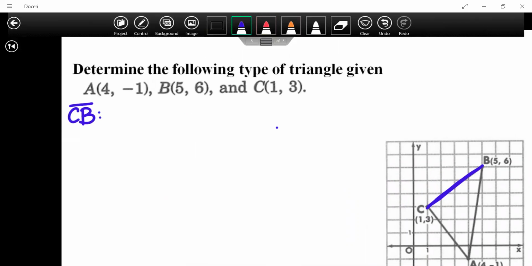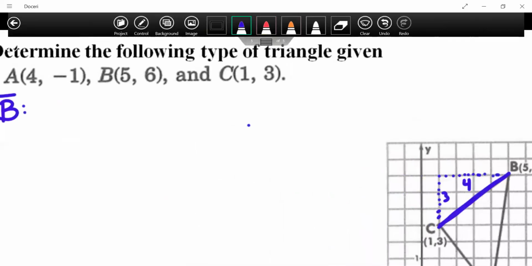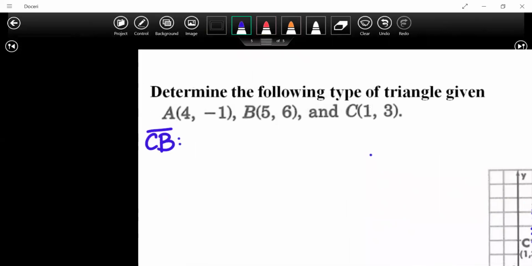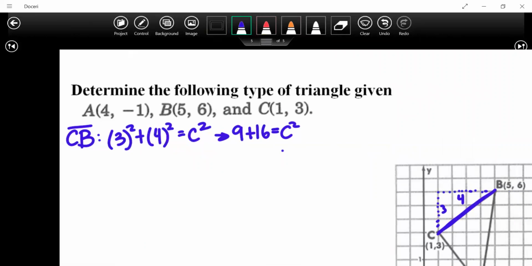To find the length, I have to create the triangle, and I'm going to do that by doing the rise. So this is 3 over the run, which is 4. So I have my triangle parts, and I'm going to plug them into the Pythagorean theorem. 3 squared plus 4 squared is equal to c squared. What's 3 squared? 9. 9 plus 4 squared? 9 and 16 is going to give me,